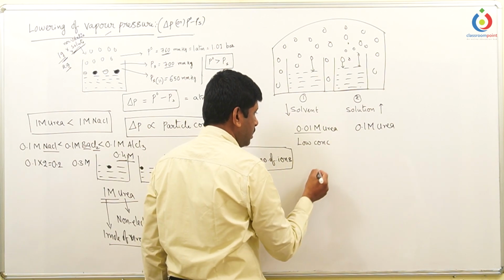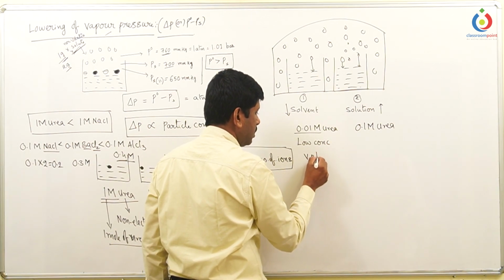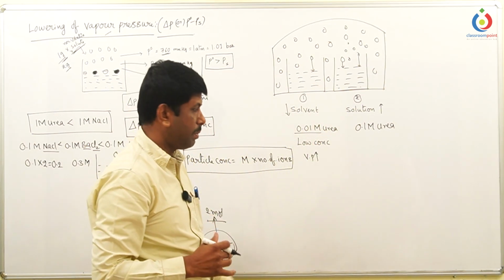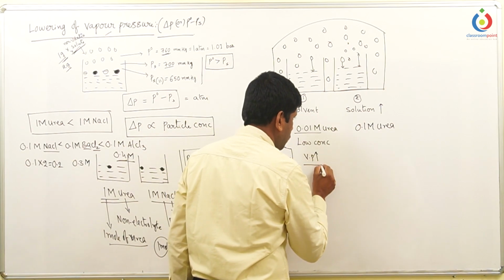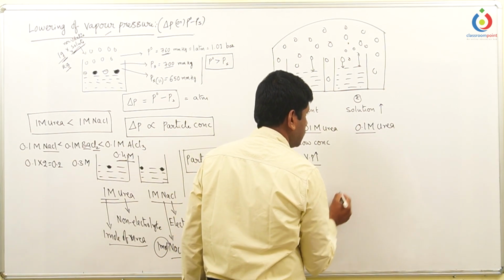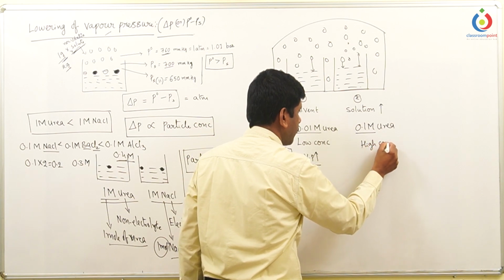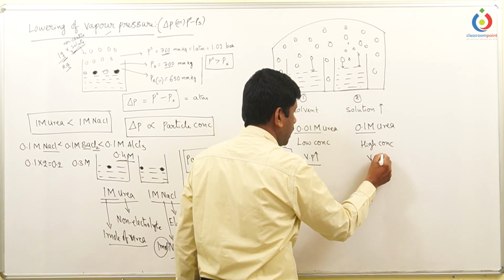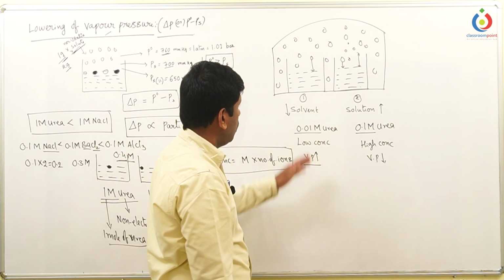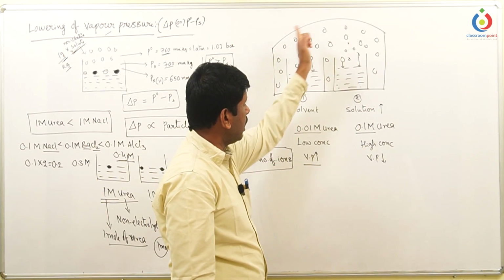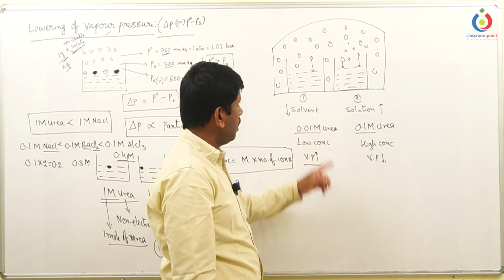When concentration is less, vaporization is more, because less concentration means more solvent is present and less solute is present. Vaporization is more here. When concentration is more, so that this is a high concentrated solution, vaporization is less. So when the low concentrated solution and the high concentrated solution are enclosed in the same common container, again